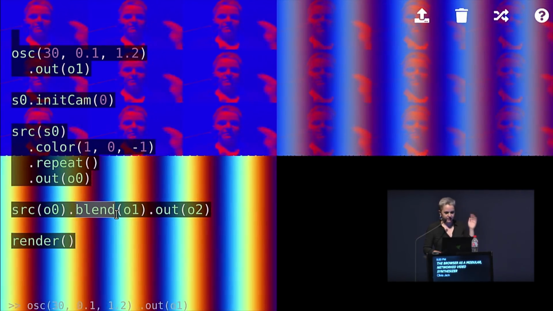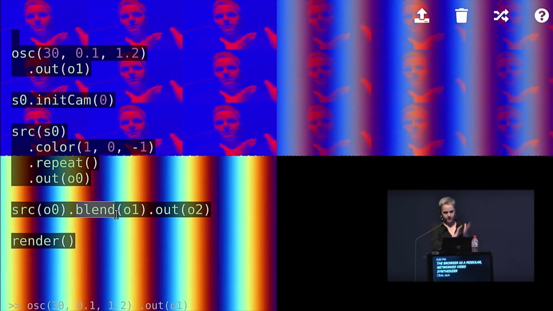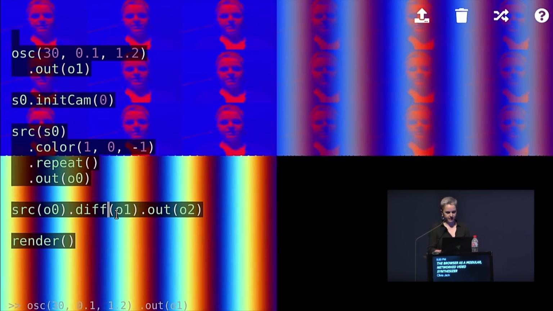And similar, if you're familiar with Photoshop or video editing software, there's different ways of compositing pixels together. So here, I'm taking the difference between the colors. If you think of each color as a number between 0 and 1 for RGB channels, then you can do different sort of arithmetic.